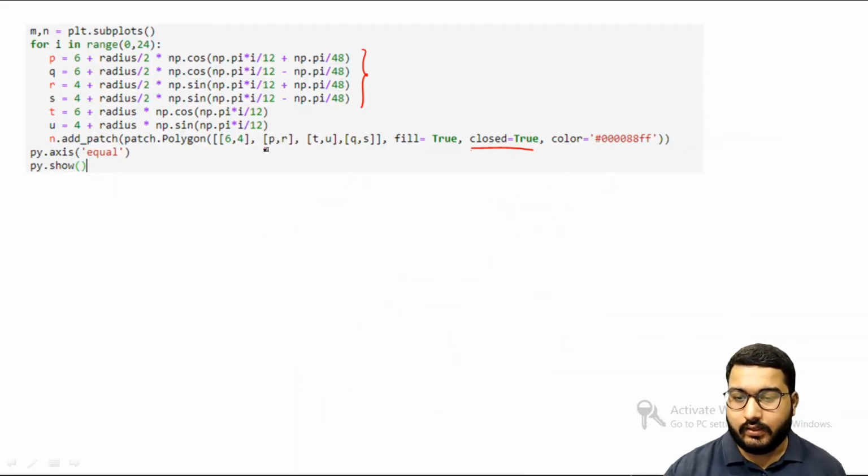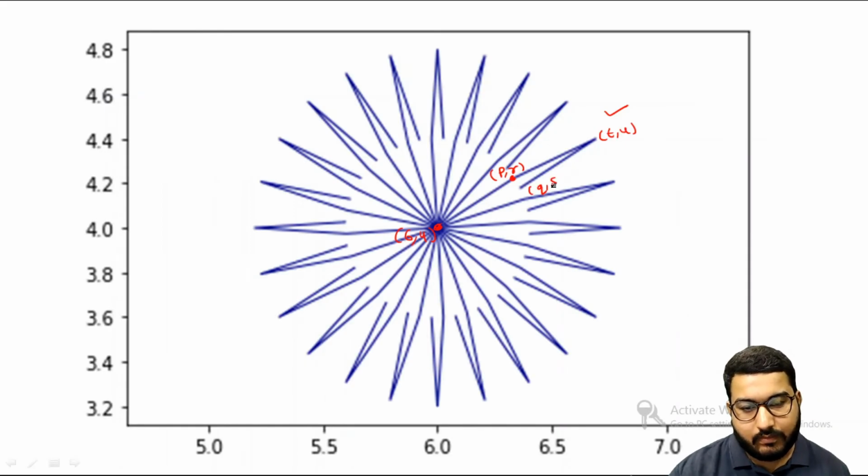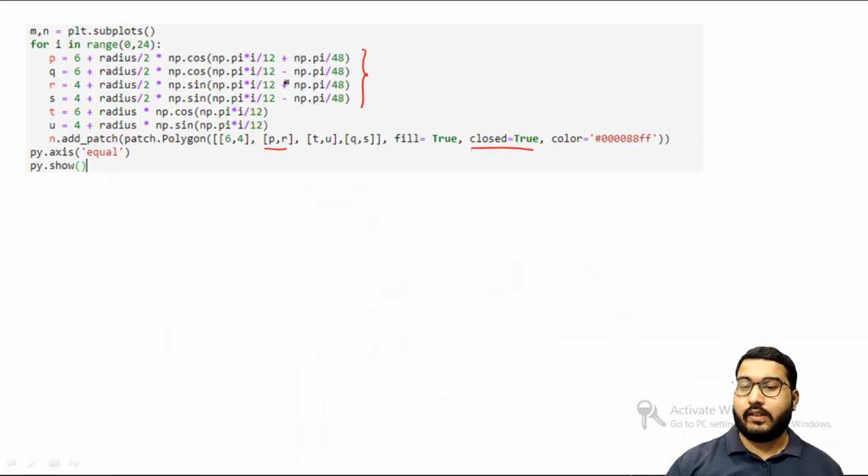Then you have p comma r. So this particular point is your p comma r. Similarly, you have t comma u over here, and you have finally q comma s. Now this particular code is trying to get all these points calculated, and then it is drawing the polygon. That's the thing it is doing.